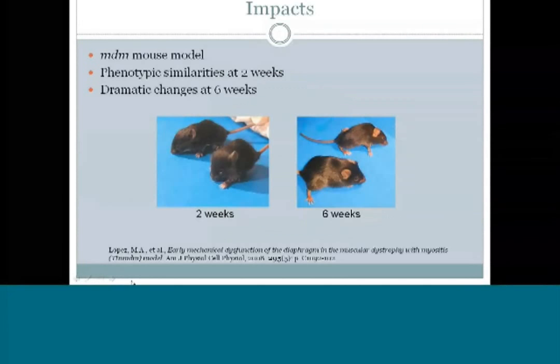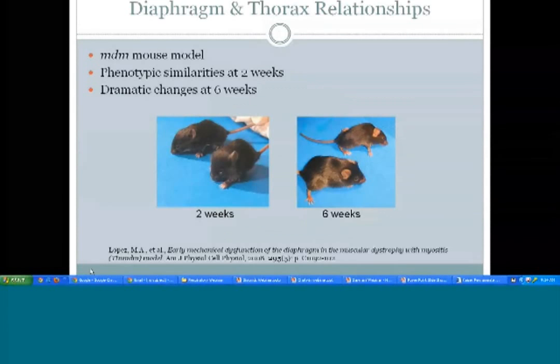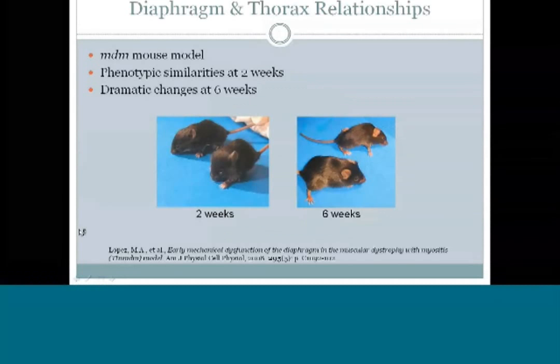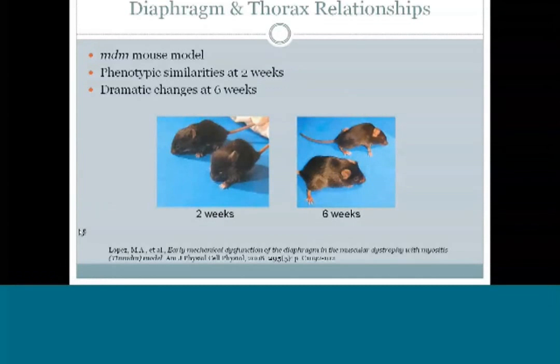Next slide. I just wanted to indicate and highlight something that I have a very significant clinical interest in. There was a study that was published a few years ago, in about 2008, on a mouse model with muscular dystrophy with myositis. At 2 weeks of age, they were fairly similar, and at about 6 weeks of age, there were marked differences between the two mice, where the affected mouse was relatively immobile and had much more skeletal deformity and spine deformity compared